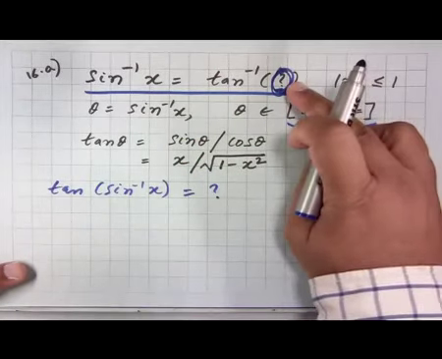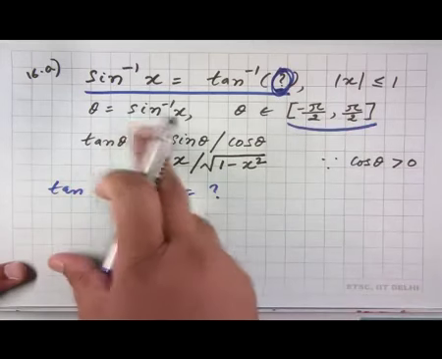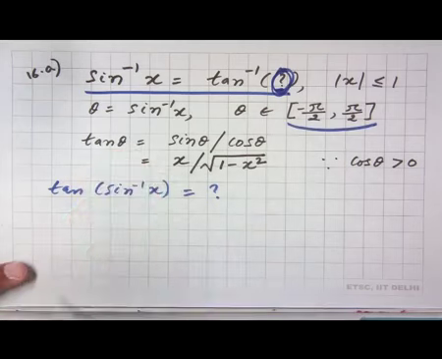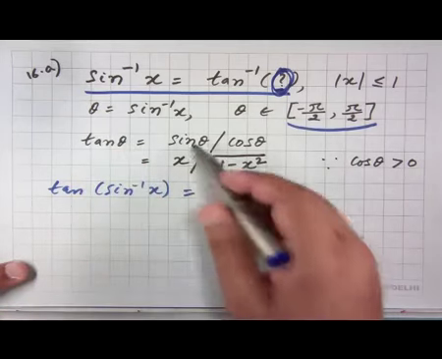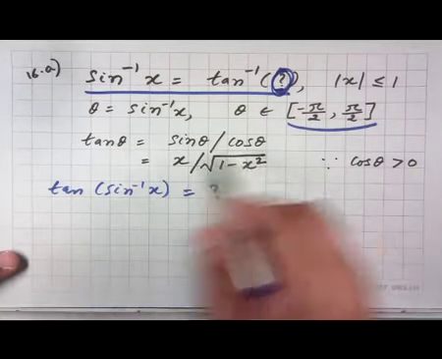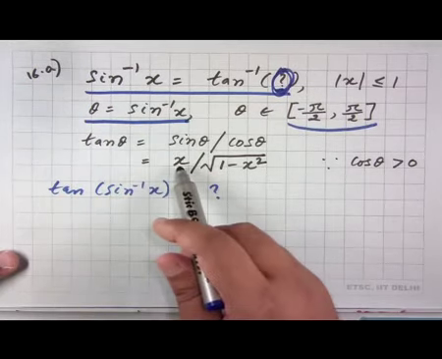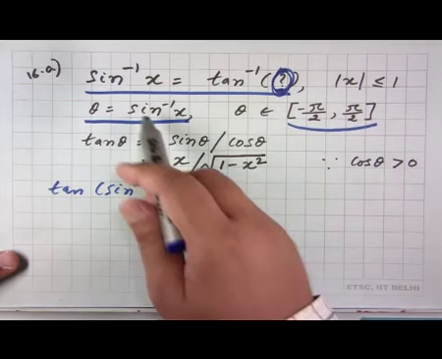Since sin inverse x is denoted by theta, we eventually want to find tan of theta. But tan of theta is sin theta over cos theta. From here we already see that sin theta is equal to x,